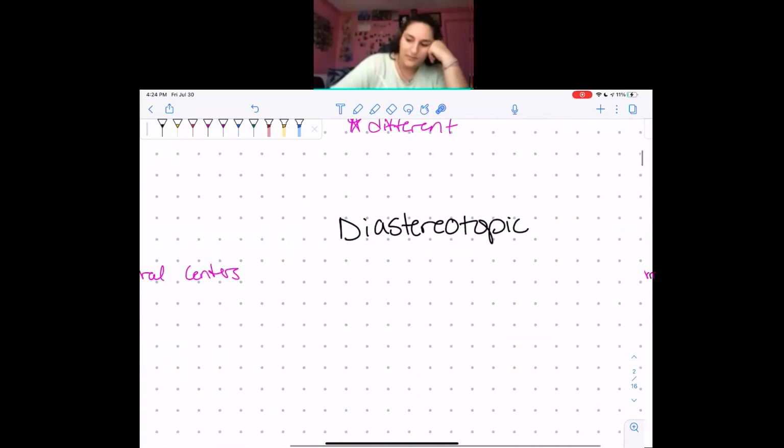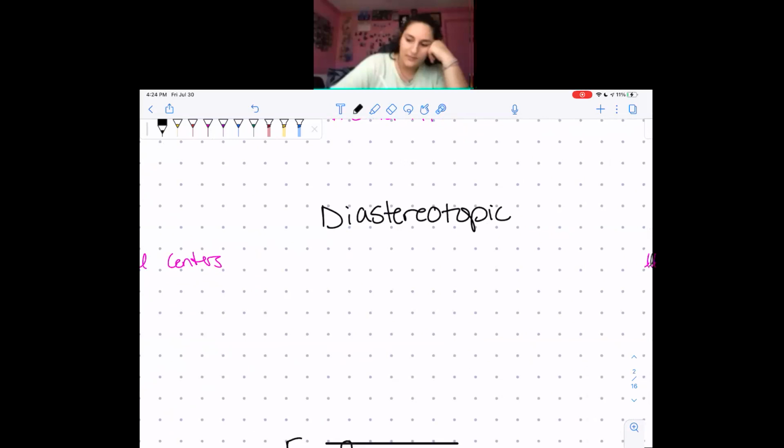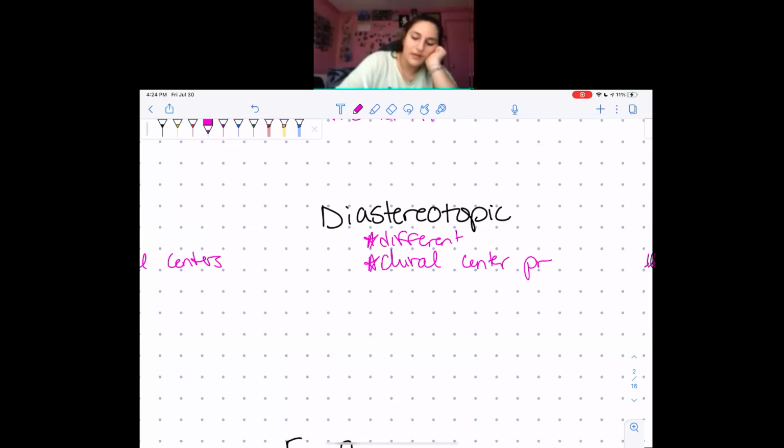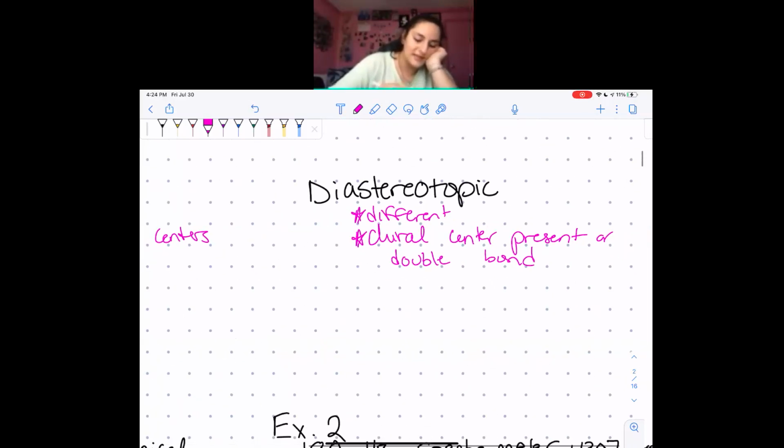However, diastereotopic is different, and that occurs in 2 different ways. So it's either a chiral center present or on a double bond. So what that looks like is